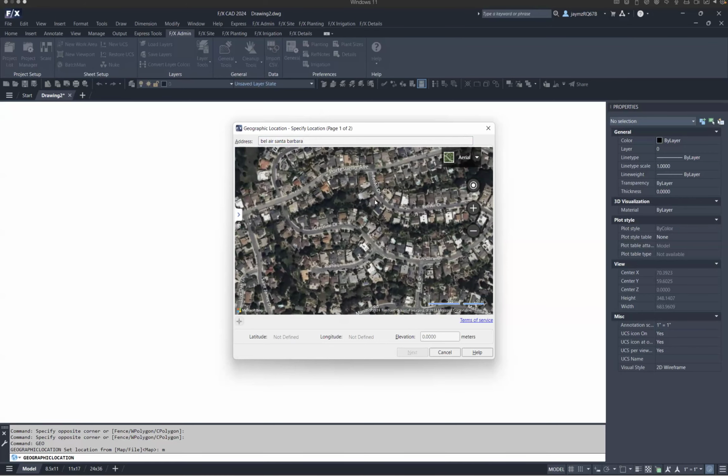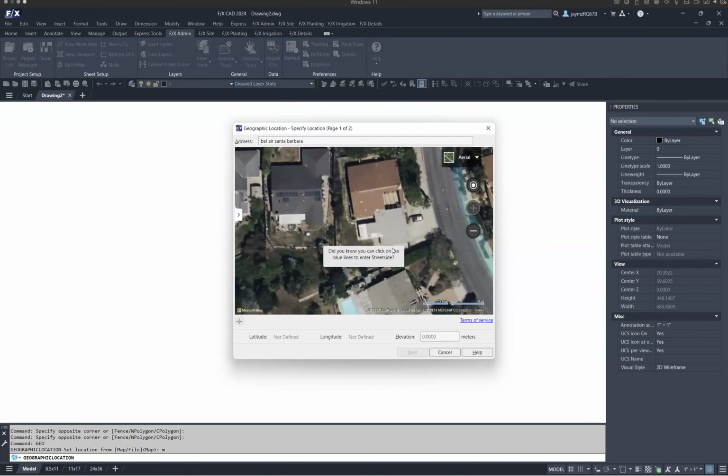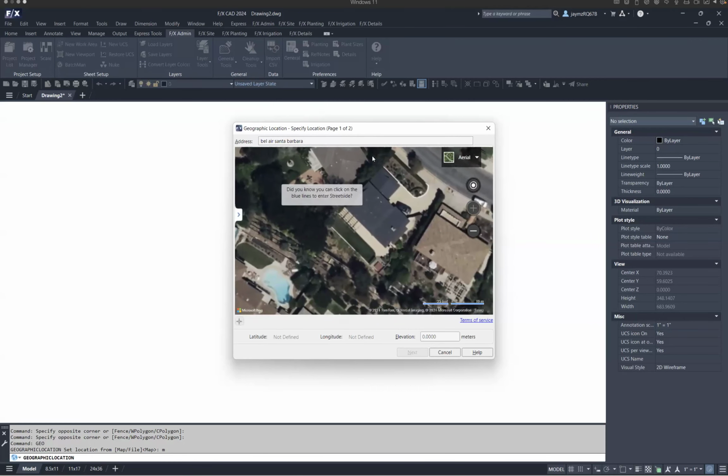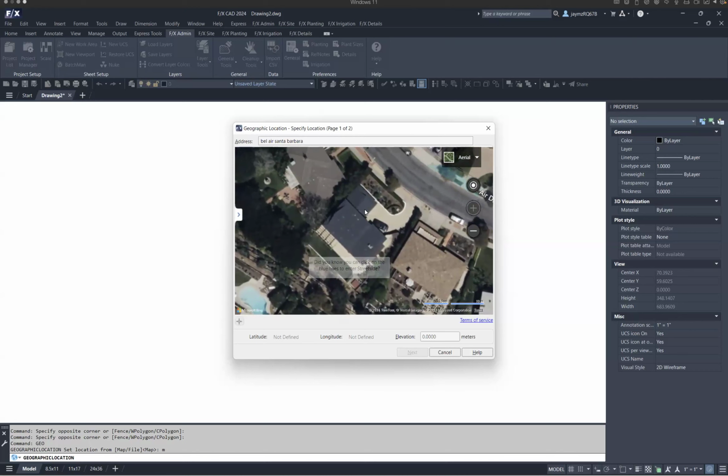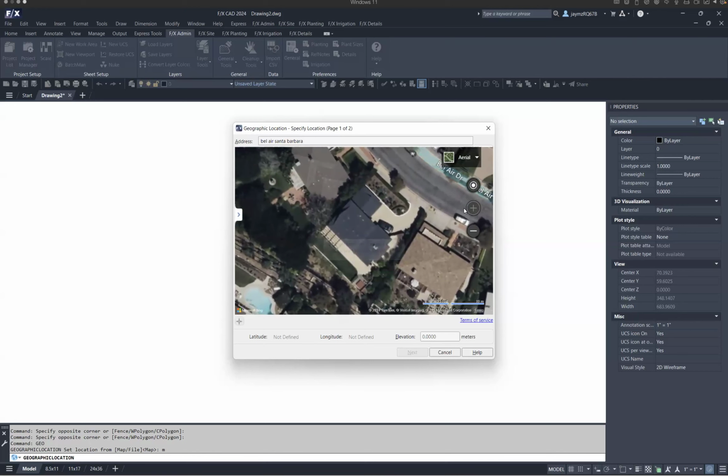So let's say you found a house that you wanted to work with, or you found the house that you are working with, and you want to zoom in as much as you can in order to still encompass the full site. If we're going to use this house as an example, you can see I'm zoomed in to max, and my scale here is now at 25 feet and 10 meters. It's no longer in miles and kilometers, which is good. That's what we want. And now we can see the whole aerial image here.